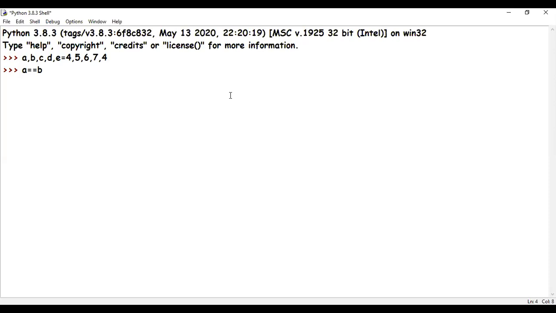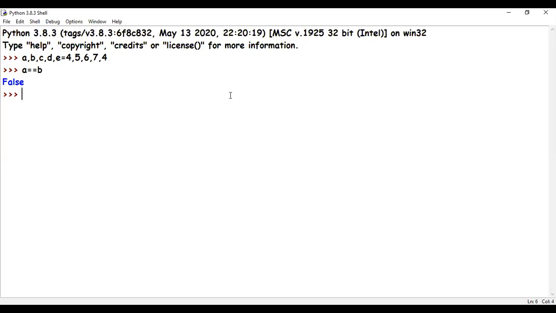A equal to B means A is 4, B is 5. And we are asking the computer, are they equal? So what should the answer be? False. Understood? So even if I use another variable to store this answer, that variable will only hold the values true or false. No numbers will be put. Okay. Relational operators will only return true or false.